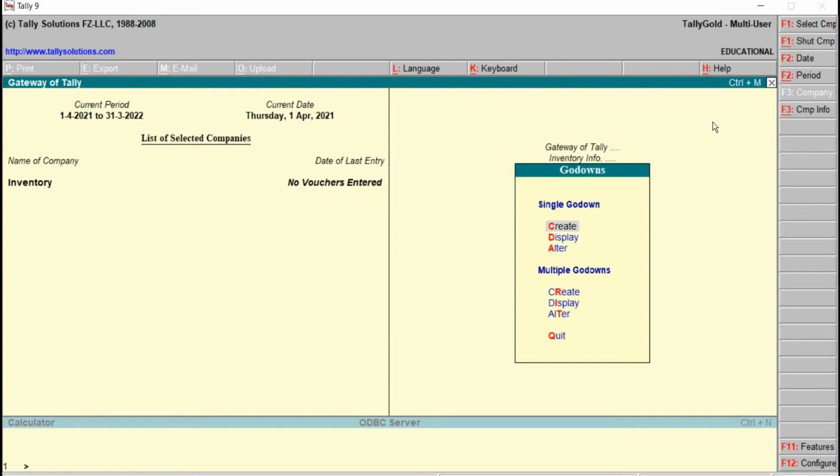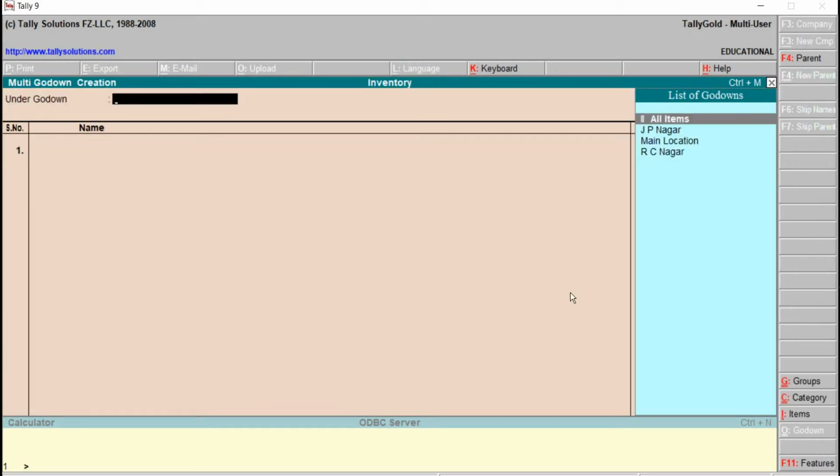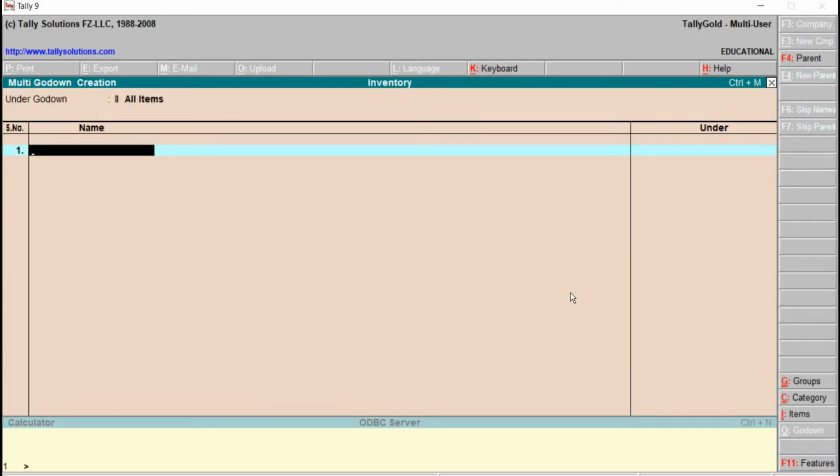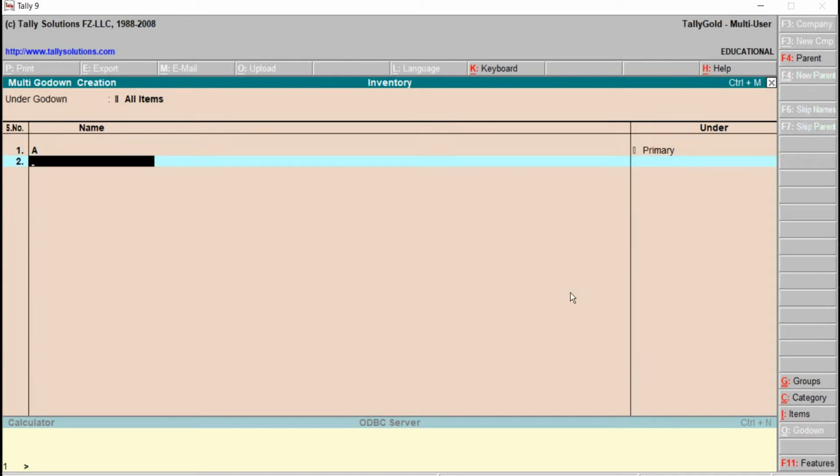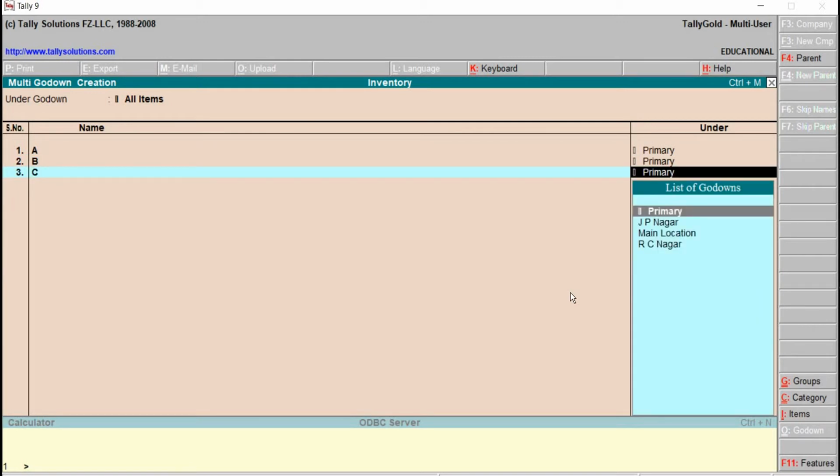The same way we shall go back to multiple godowns. In this, here comes out with the option create. Right, all items. Here we will take A. I just take here A. Under primary, then B, primary, then the godown name is C, primary, right?